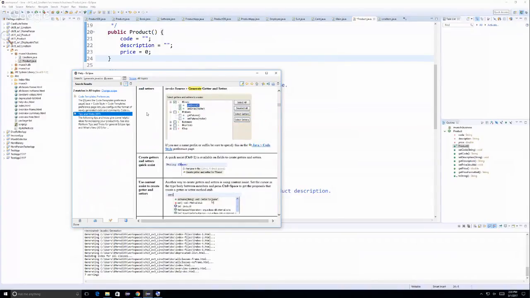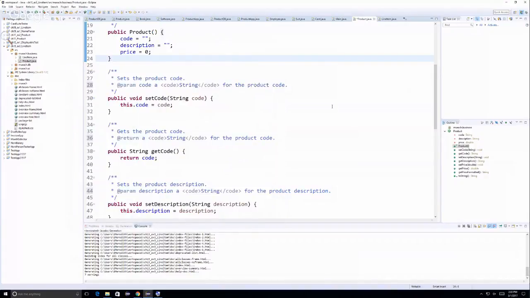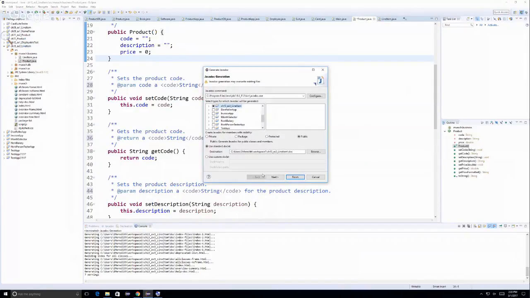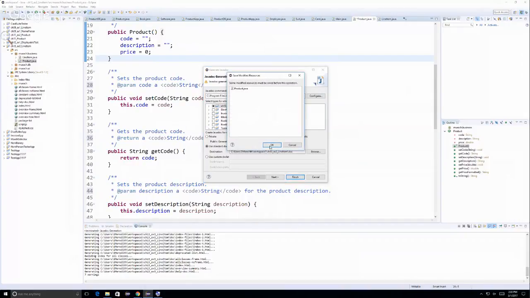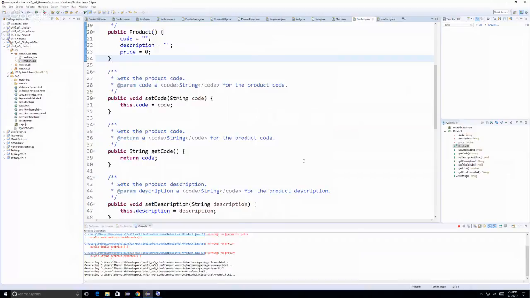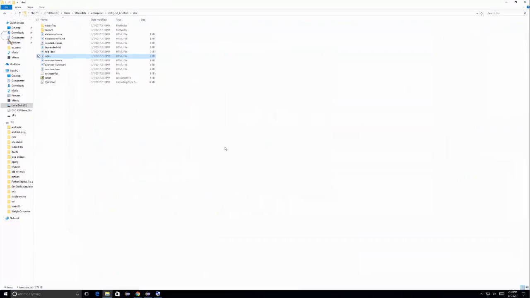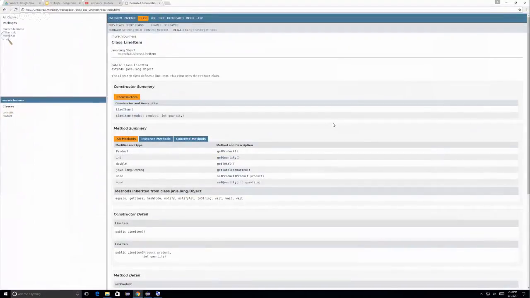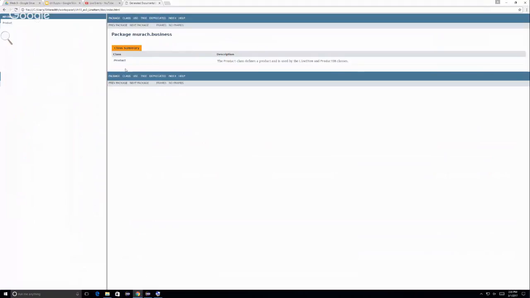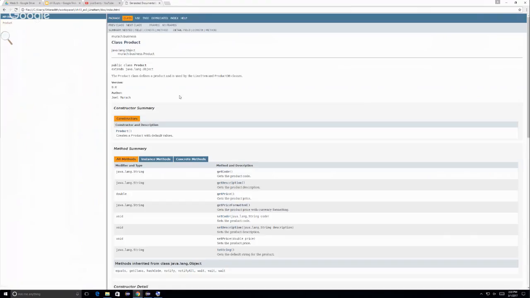So if you hit the generate Javadoc comment, it gives you the add return. Yeah, that's what we're doing. So anyway, Daniel, go ahead and find it. What I'll do is I'll just rerun it again from here for now. So generate Javadoc, we select the same, finish. And remember that when we are generating them, you didn't have the return values and params before. So now if I refresh my page and look at the product,